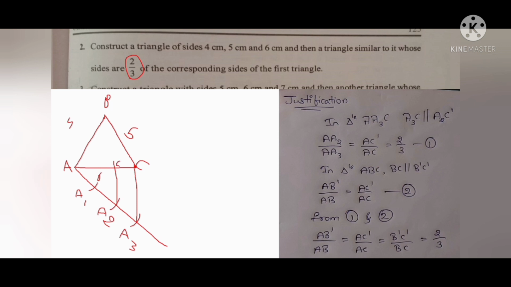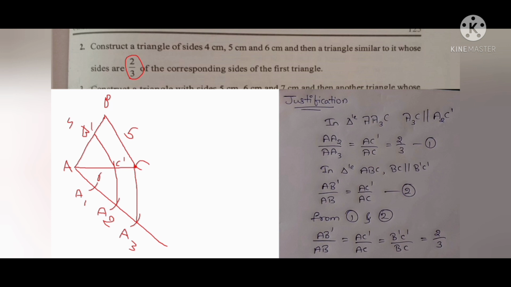Okay, so next what you have to do, you have to keep it as C dash. Okay, you can keep it. Okay, next what you have to do, in the same way you have to put it to BC. How we have done, from C dash to B dash you have to put a parallel line towards that.